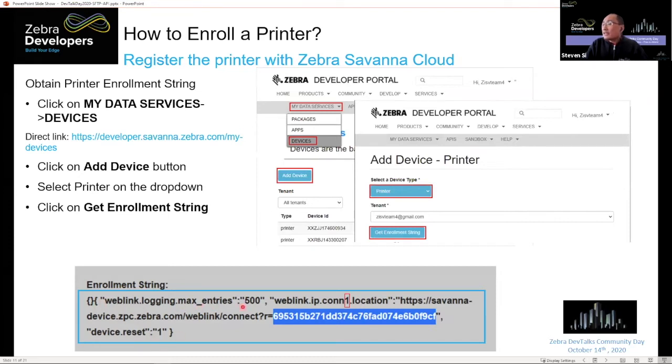The first thing, it configures the log entry to 500 entries. So you can check the log associated with the web link, up to 500. You can change the number to whatever you like. And then it configures